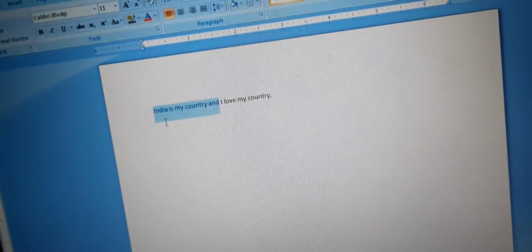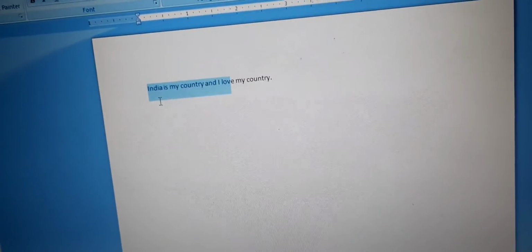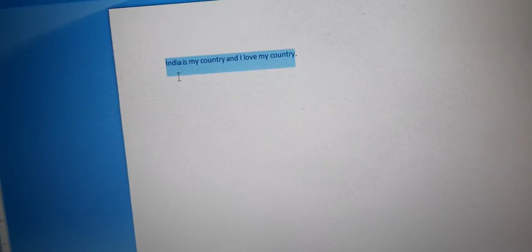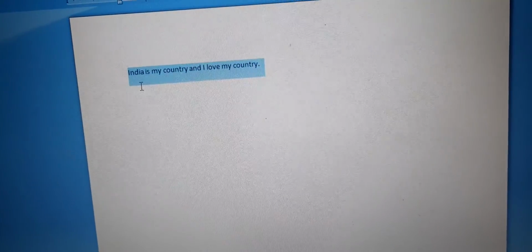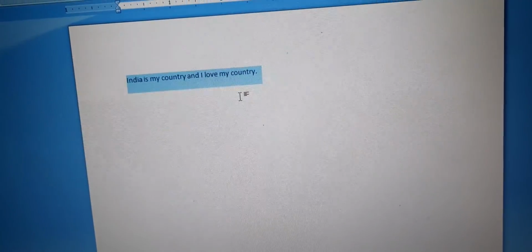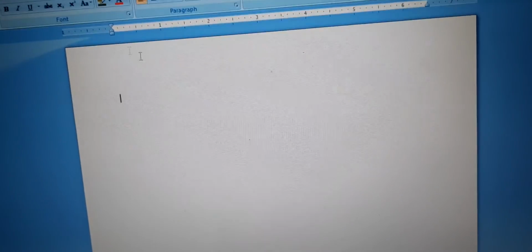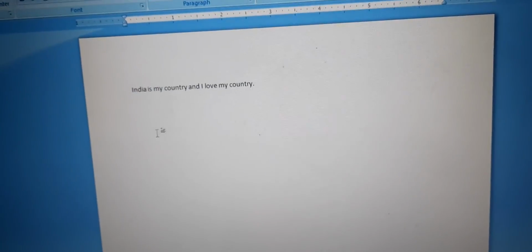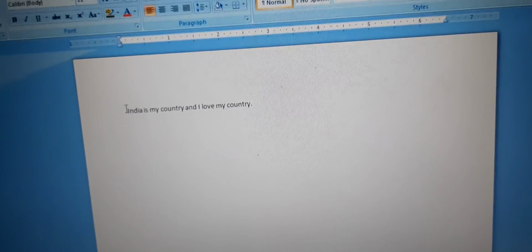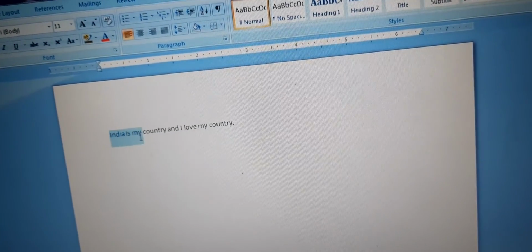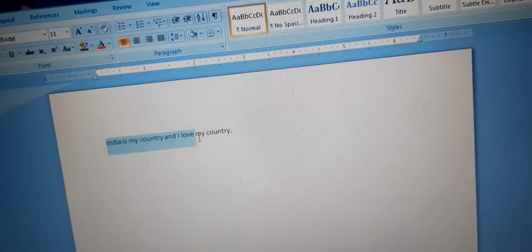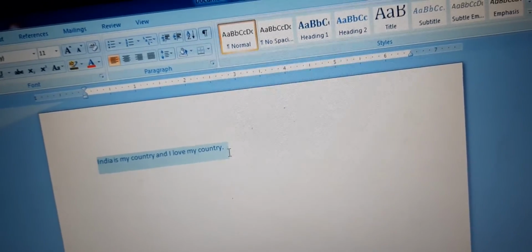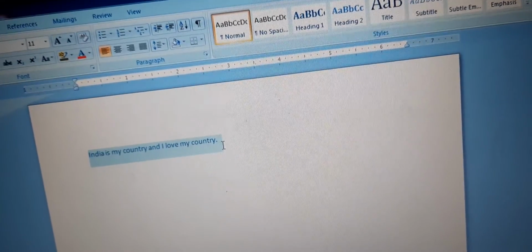I have pressed the Shift key and the side arrow key. Okay, so this way character by character everything is being selected. This was using the keyboard. Now I will use the mouse for this. So what you will do, you will click here and then drag the mouse. Okay, you are dragging and this way you will be selecting the text. So we can select using the keyboard and we can select using the mouse.